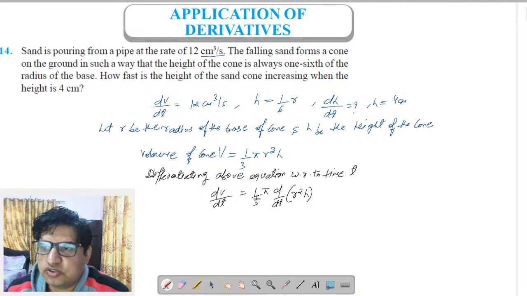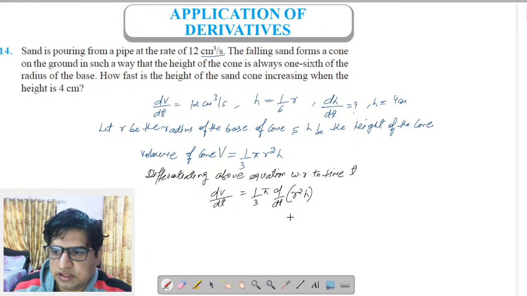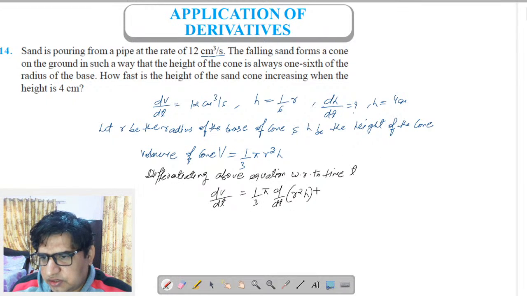And as you can see here, the radius is always 6 times the height. So instead of solving it for height and radius separately, we can substitute the value of radius in terms of height. So then we can find out dh by dt. We were supposed to find that only, ठीक है। सो dr by dt हम नहीं बनाते, ठीक है।